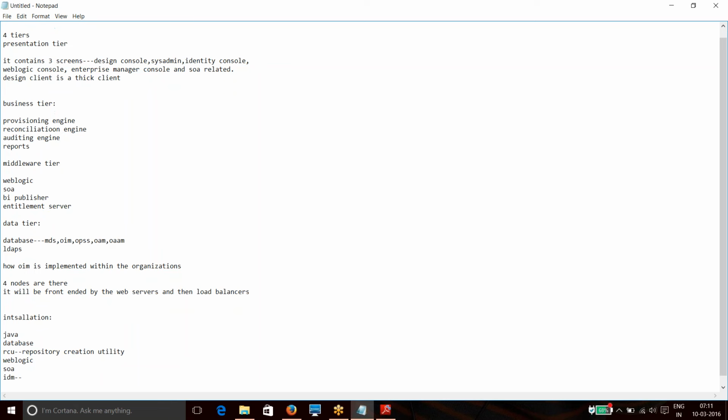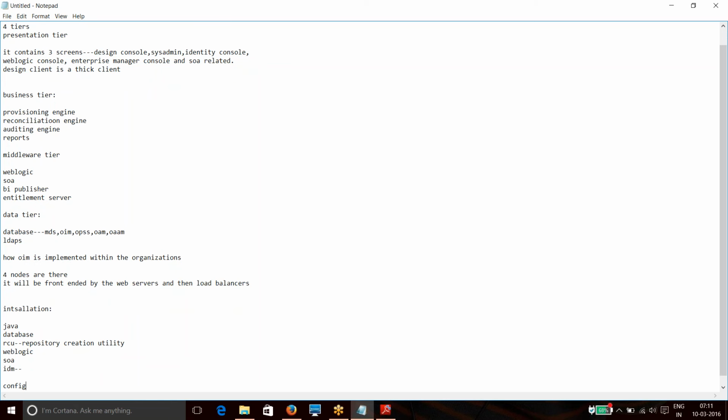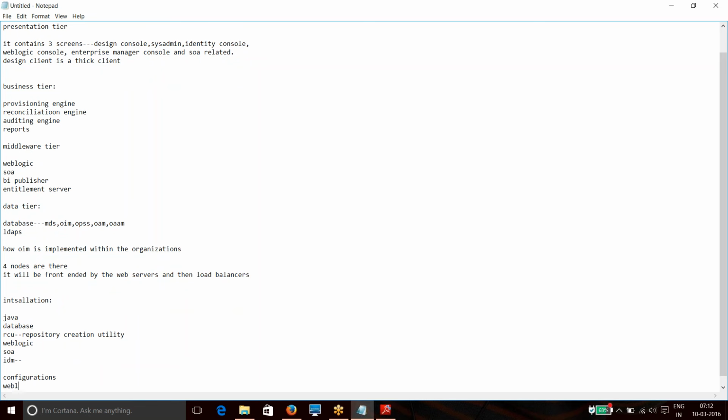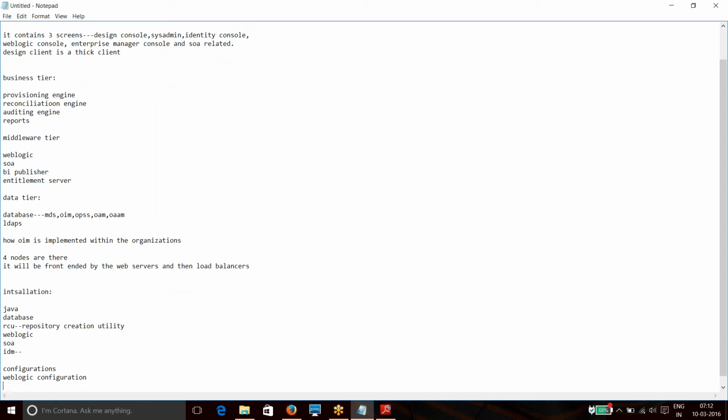After installing all these things, we need to do the configurations. We have a WebLogic configuration where we'll be creating the domain, the admin server and the managed servers, and then the IDM configuration. Inside the IDM configuration, we need to create the design console, and set up the passwords for the default user and a few small things.